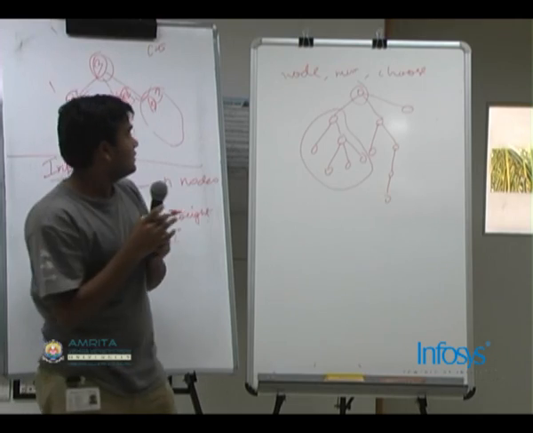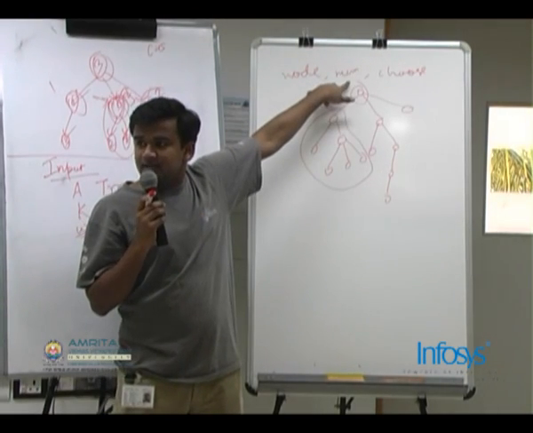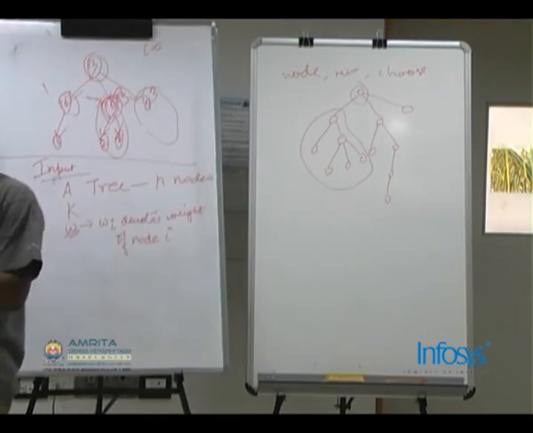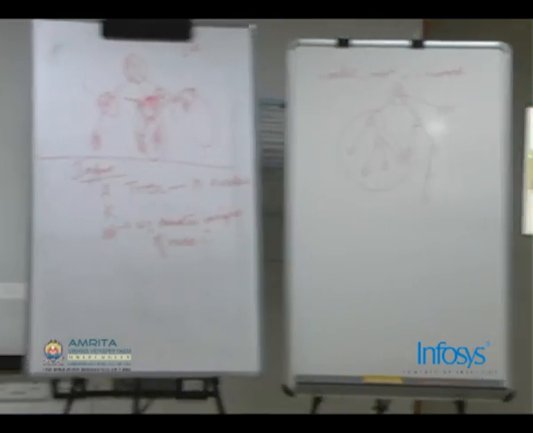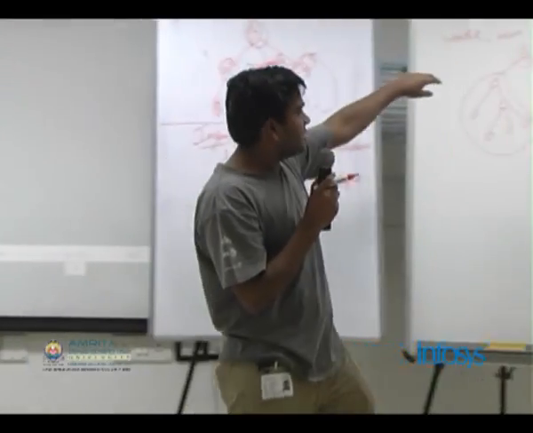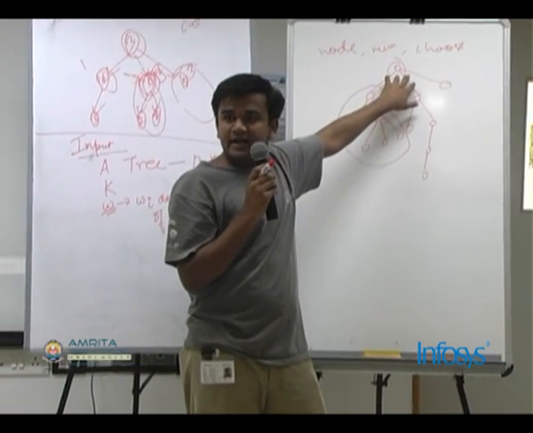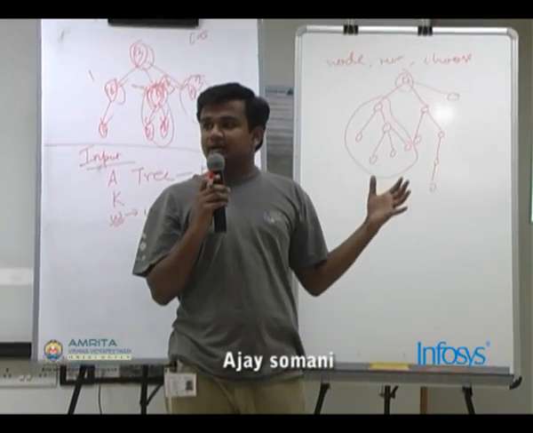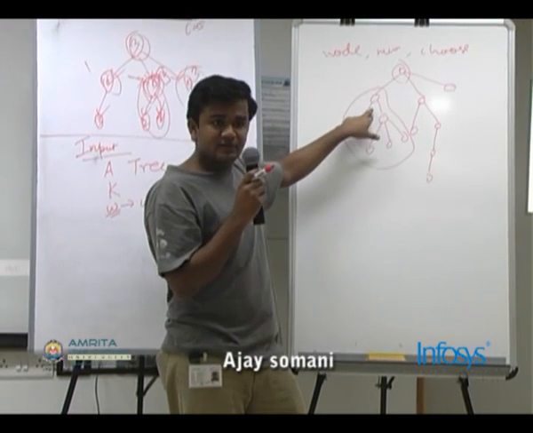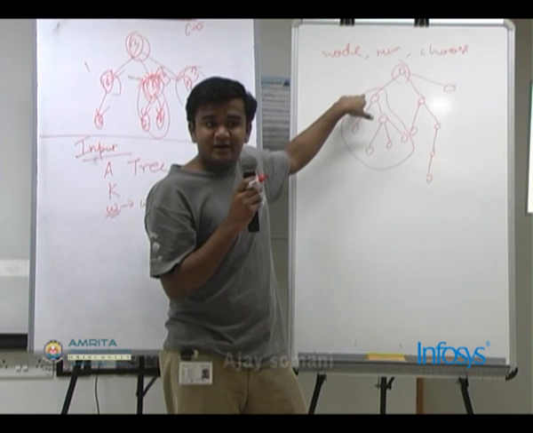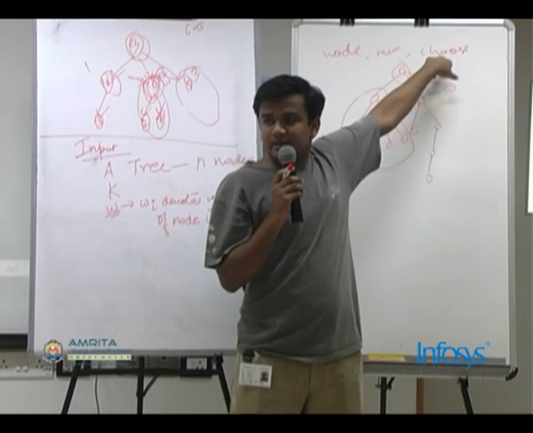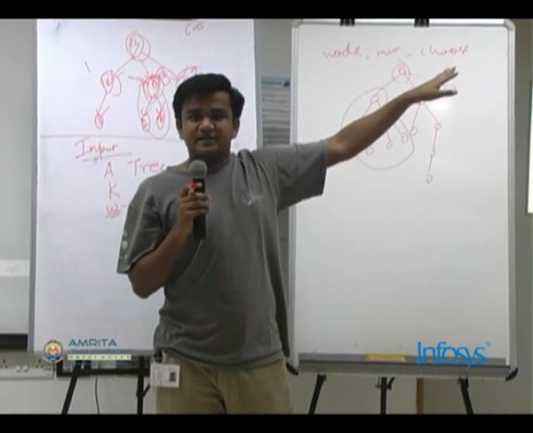Everyone? So the first two variables in this state are clear. The third variable is whether it's compulsory to choose the root in our solution or not. It will be compulsory if we had chosen the parent of the root already, because the subset has to be connected. If we choose this node and we want to choose this one, then we have to take whatever nodes come in between. So for that we need the third variable in the state. Is this clear?